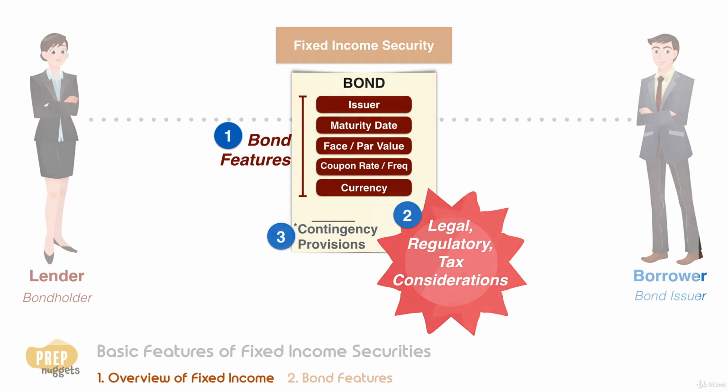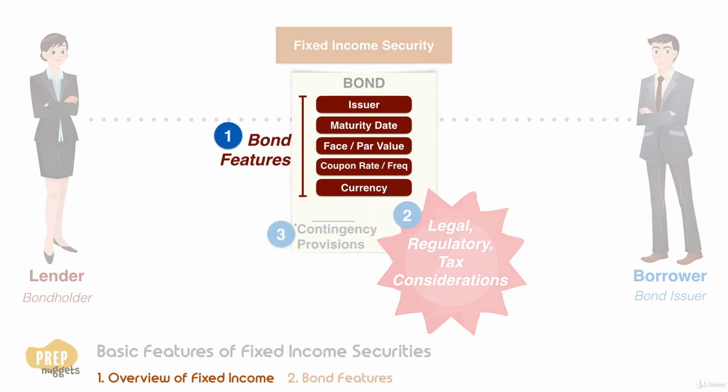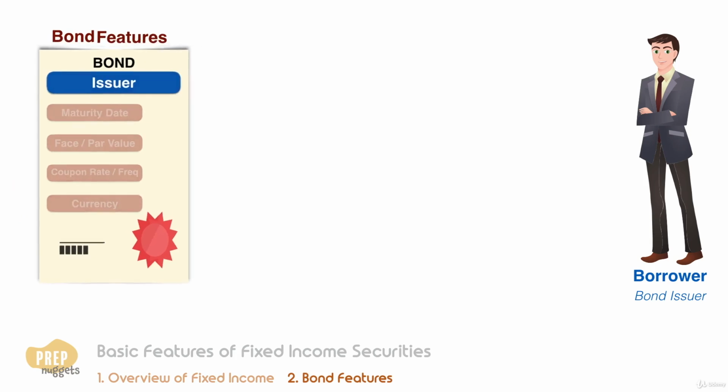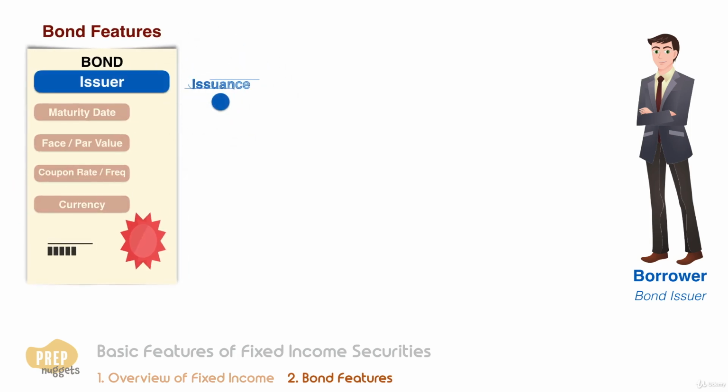In this lesson, we shall learn a bond's basic features, how to measure the yield of a bond, and have an overview of the various types of coupon structures. The other 2 elements, the legal, regulatory and tax considerations, and the contingency provisions, shall be discussed in the coming lessons. The first feature of a bond is quite obviously that it must identify who the issuer of the bond